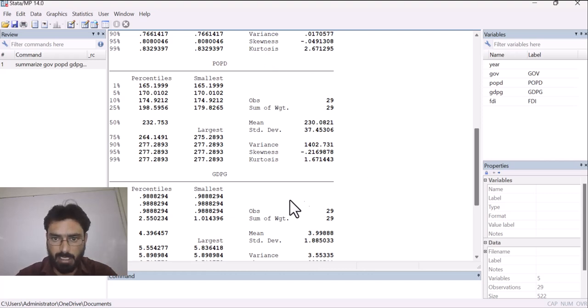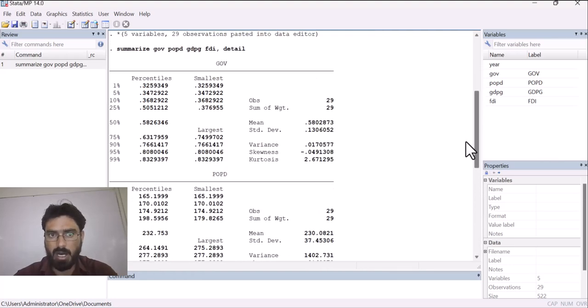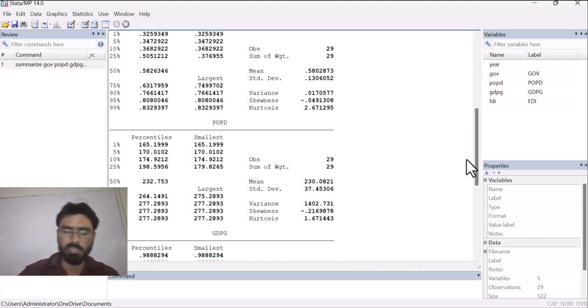Similarly, this area of the table shows the mean, median, mode, variance, skewness, kurtosis for this variable, and similarly it goes on. So here we have all the details for all of our variables. For better understanding, you have to copy all of these things into a separate Word file. When you are doing research work or your thesis work, you have to copy and represent all of these things in a Word file, and you have to make a table, and then you have to explain each and everything one by one.